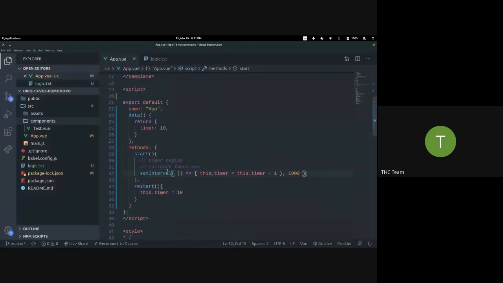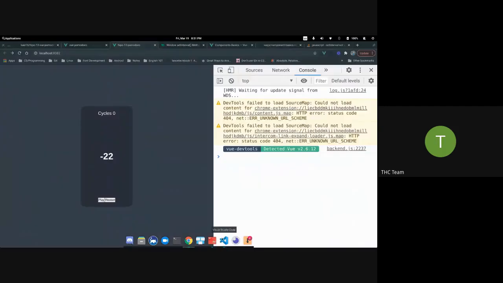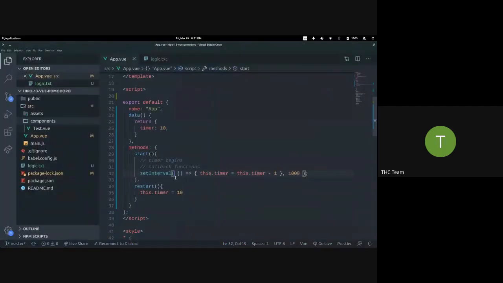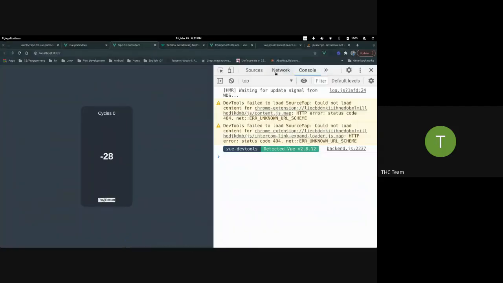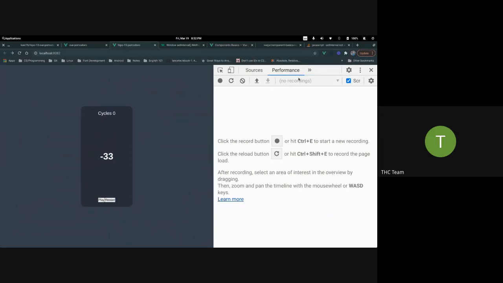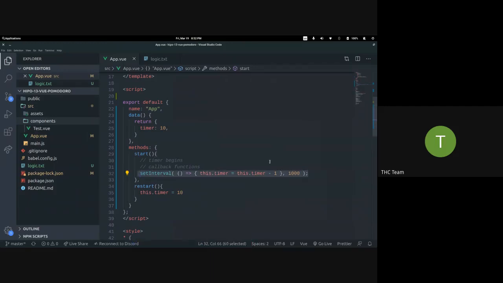But setInterval is just going to store inside a memory in your computer or whatever, right? And then it's going to keep calling the function. So when this function keeps running forever, you don't want that to happen. Now let's see what happens if I change it to 1 millisecond. So every 1 millisecond,